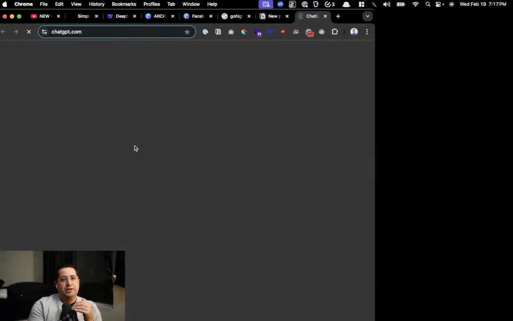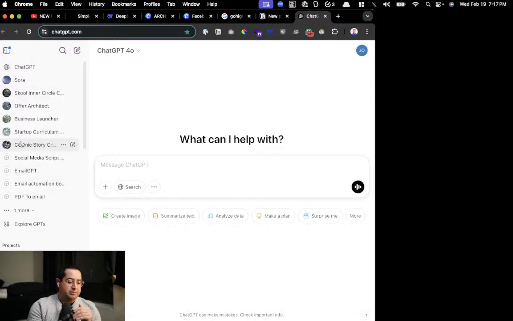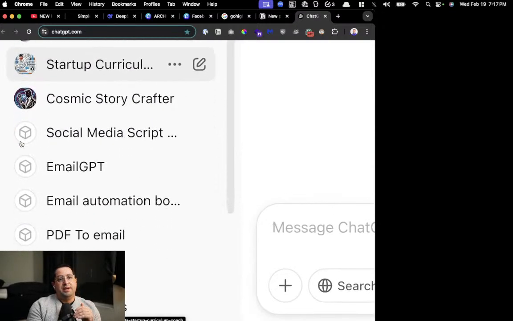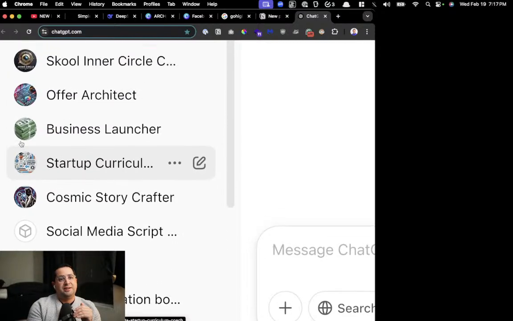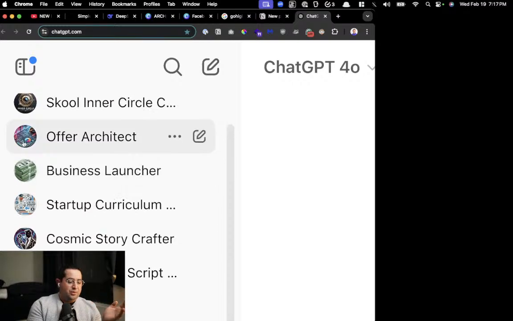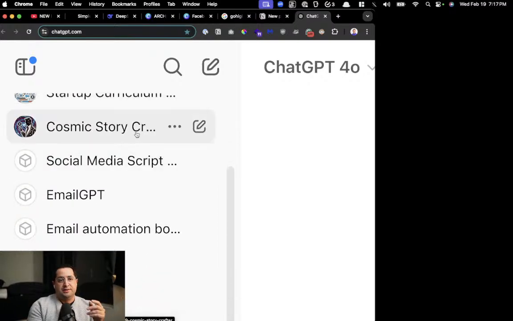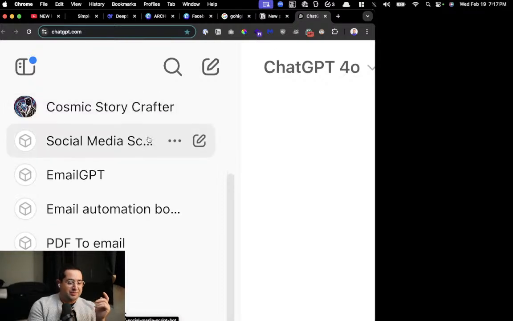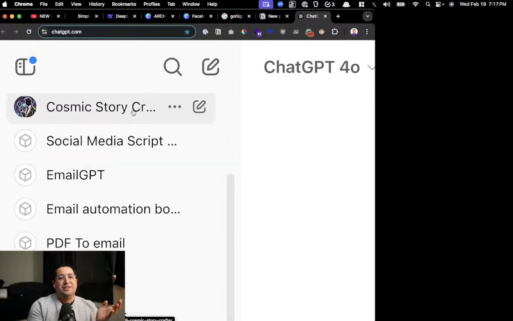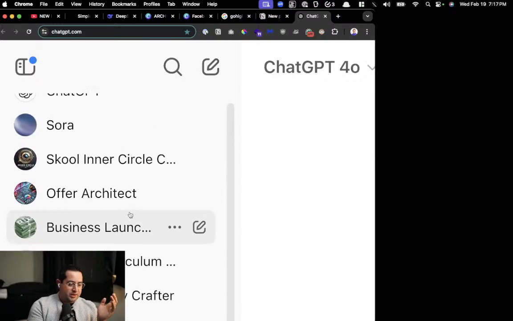Originally, what I would use for copywriting was a very custom GPT. You can see my GPT army. Look at all these GPTs. These are little AI assistants, like an army of them, from creating content to creating courses with business coaching. I also do science fiction writing for my own hobby and interest. Why wouldn't you use AI to write the best books that you could instantly turn into audiobooks? Fascinating. But here, let's see, where's Offer Architect?